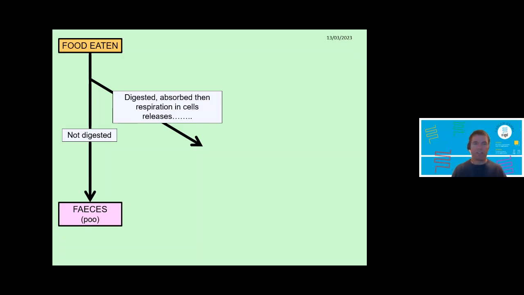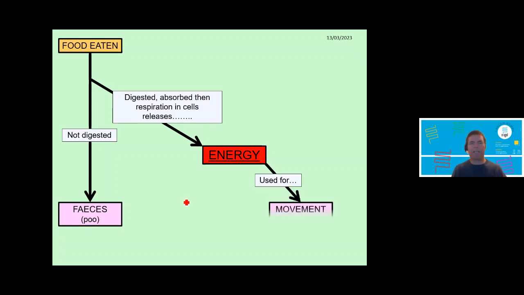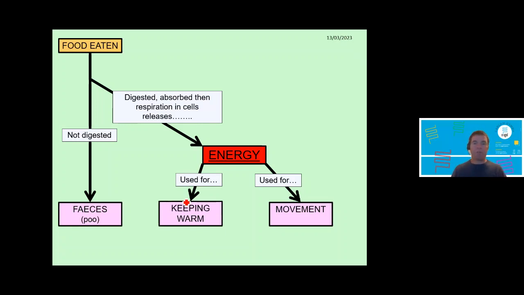respiration to release energy. And this is the central point of the level of understanding that we need for pyramids of biomass. Now, what's that energy going to be used for by an organism? Well, it's going to be used for movement, isn't it? You think back to that rabbit or that fox or whatever it may be, it's going to use some of the energy for movement. This is very similar to what we were talking about with energy transfer on a food chain. Some of that energy will be used for keeping warm, remember, for mammals only.